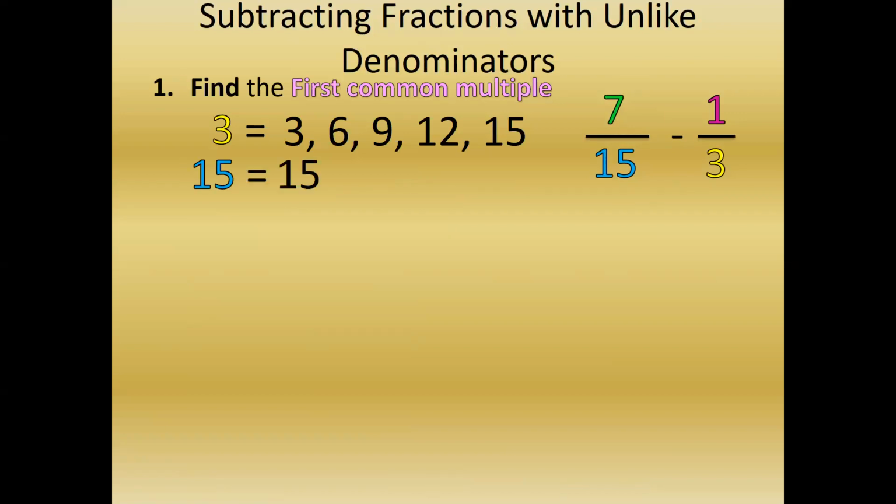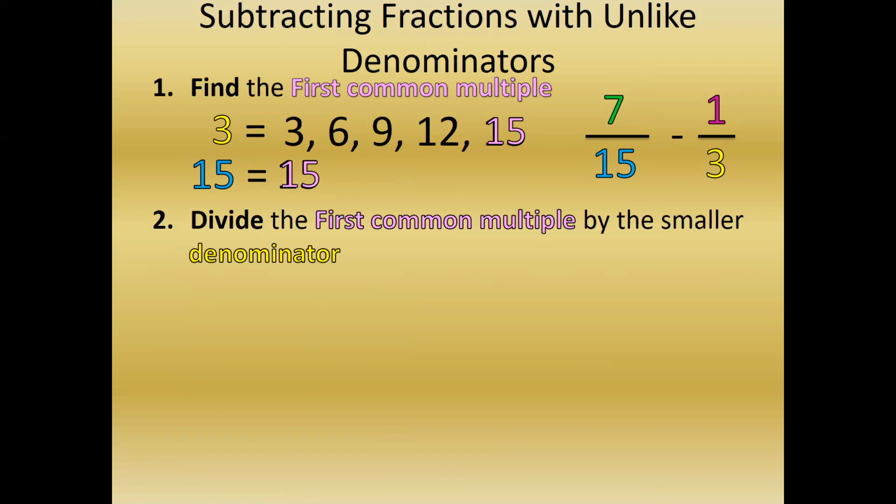We have 15, 15. Oh, look, there is our first common multiple. 15 is a multiple of both 3 and 15, so we can stop there. So 15 is our first common multiple. So step number 2, we're going to divide the first common multiple by the smaller denominator. In this case, the first common multiple is 15. The smaller denominator is 3. So 15 divided by 3 is